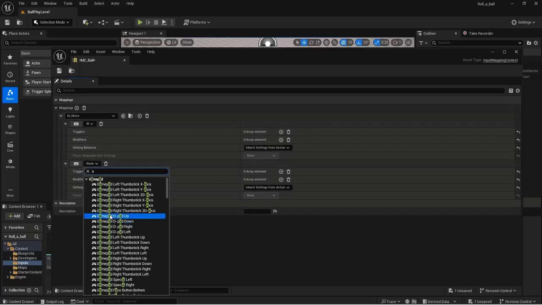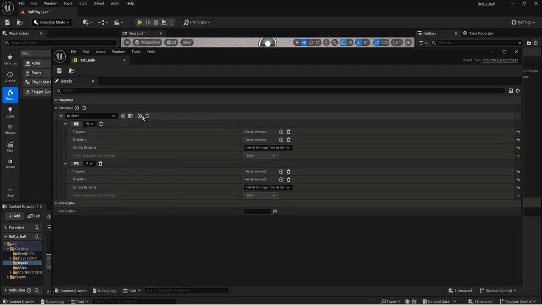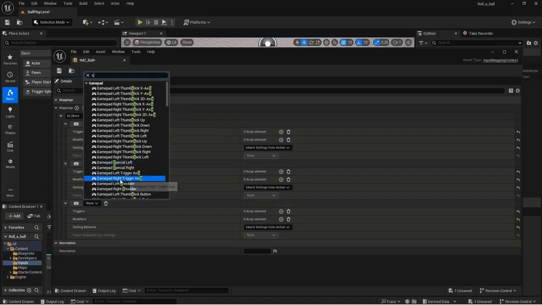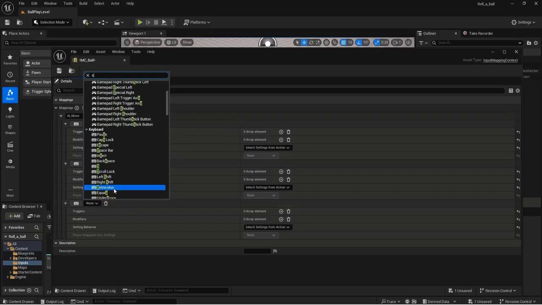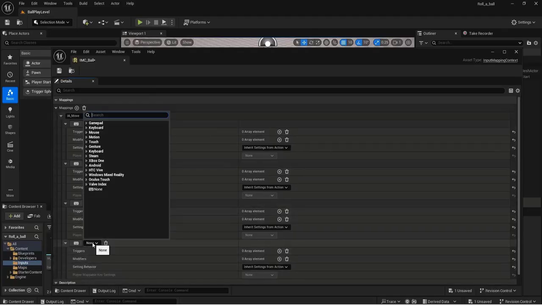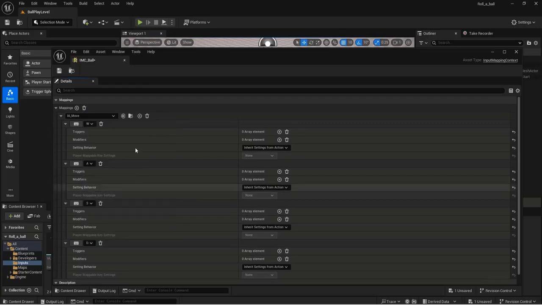We'll find the A key, and we'll find the S, and the D. And we'll save this. So there's a couple of settings in addition to these keys that we need to include,